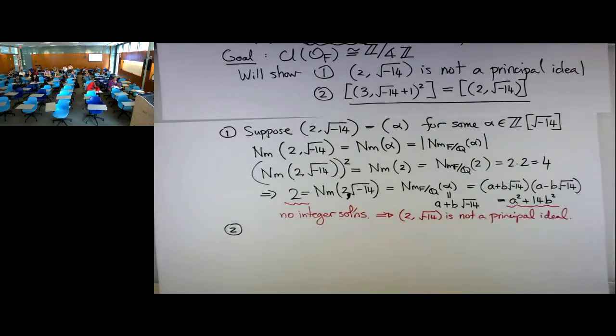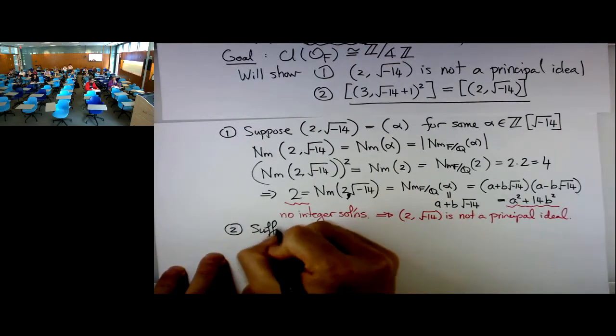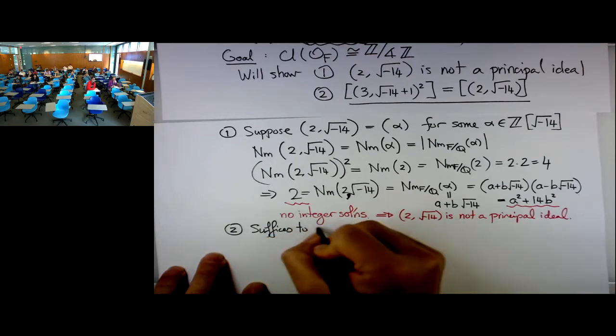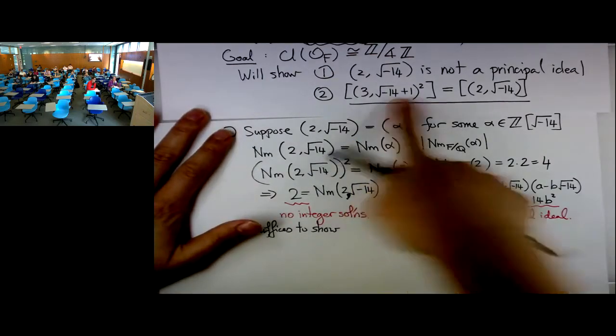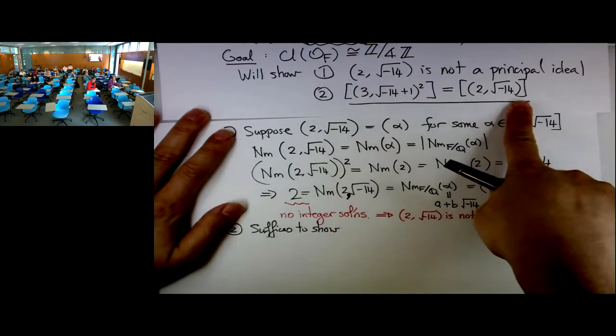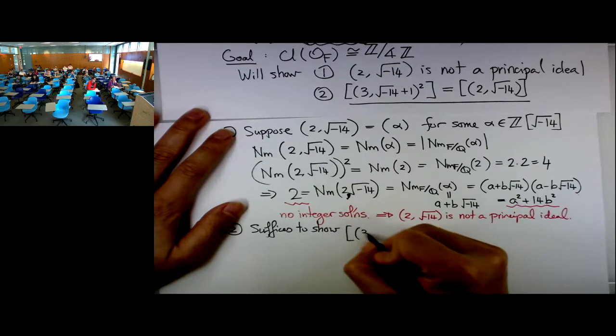That looks a little bit scary. It's okay. So I want to do something slightly different. You want to show that you're in an order 4 group, right? You want to show the square of the order 4 element is equal to the order 2 element. You want to show this, and that's equivalent to showing that if you multiply